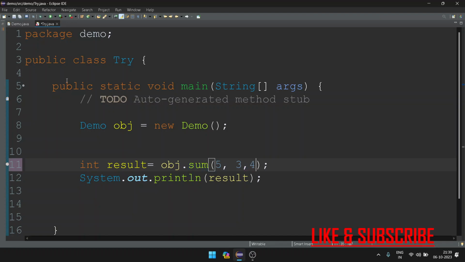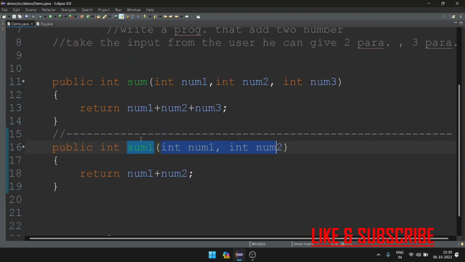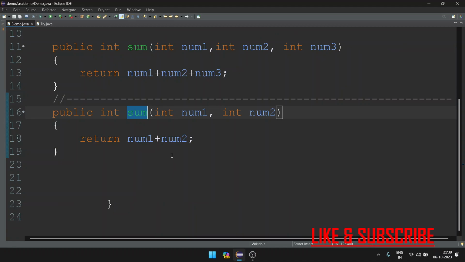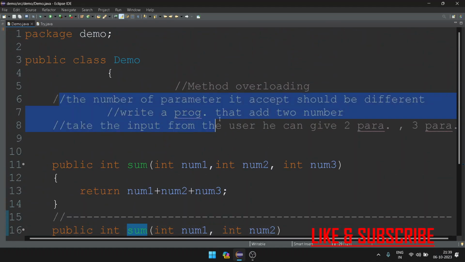So the concept of overloading tells me that you can make a method of the same name that accepts a different number of parameters. So the key difference is that the number of parameters that your method accepts should be different, right? The first key difference should be this. The second difference: if you want to add 3 numbers, you wrote a method that accepts 3 parameters, you want to add num1 plus num2 plus num3,